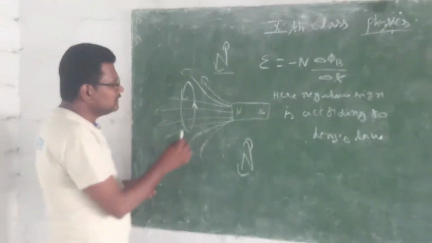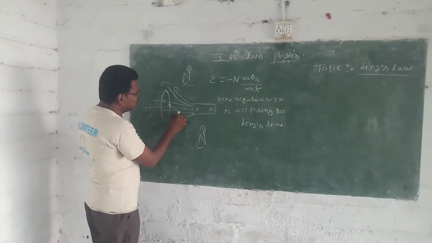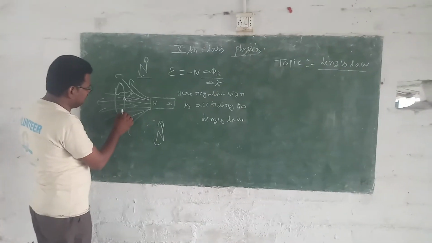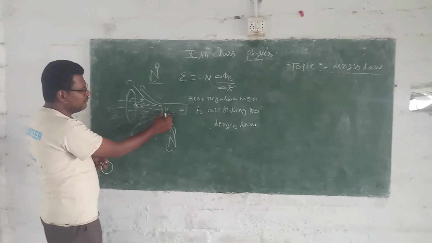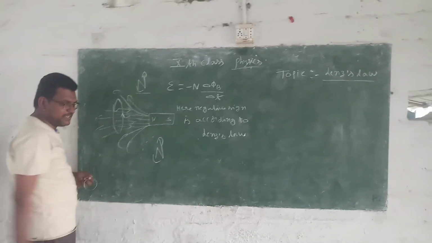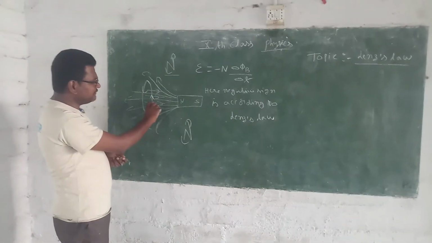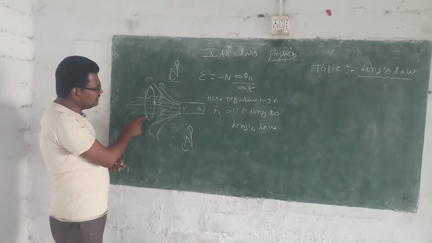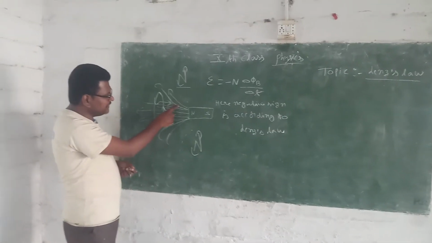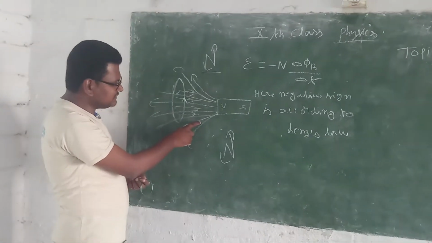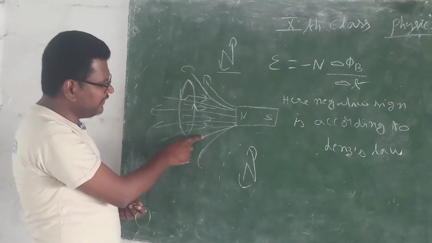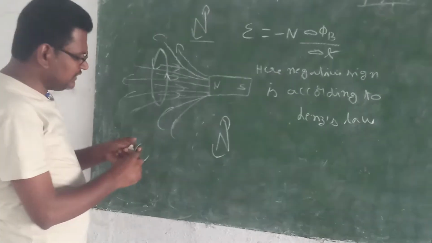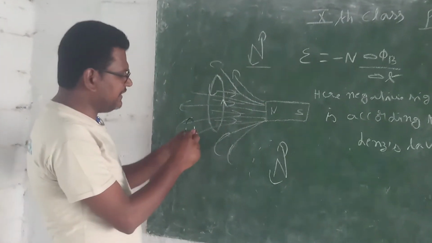So here, the magnetic field lines produced by the induced current are exactly opposite to the original magnetic field lines produced by a magnet. So in this way, as the magnetic flux increases through a coil, the induced EMF opposes the increase of the original magnetic flux by producing a magnetic field opposite to the original field. Now see here, in this case what happens?